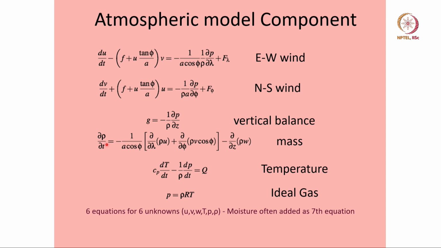And of course, you need mass conservation, very critical. The air moving in the horizontal and vertical direction has to conserve mass at every volume. Okay, and then of course energy conservation, and finally you have the ideal gas law, which is used for the atmosphere. So you have 7 equations and 7 unknowns, and we integrate. This is one example to show you how complicated these models are.